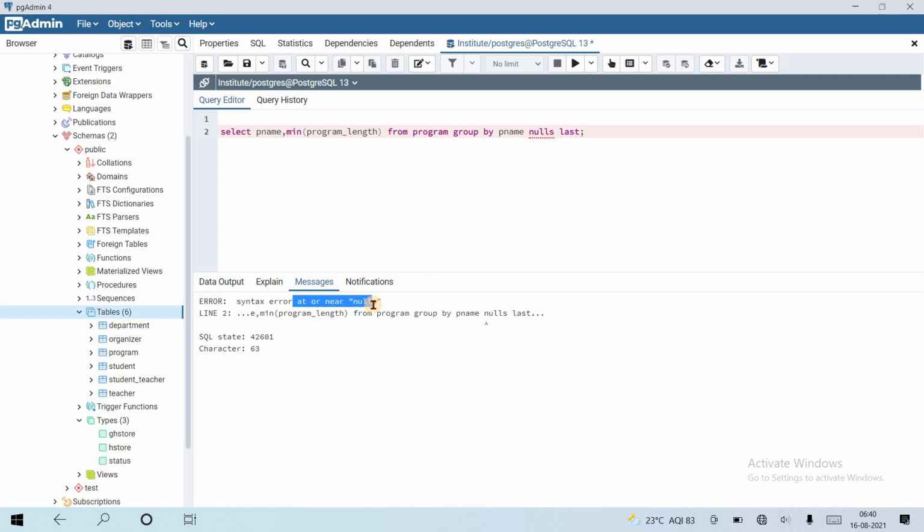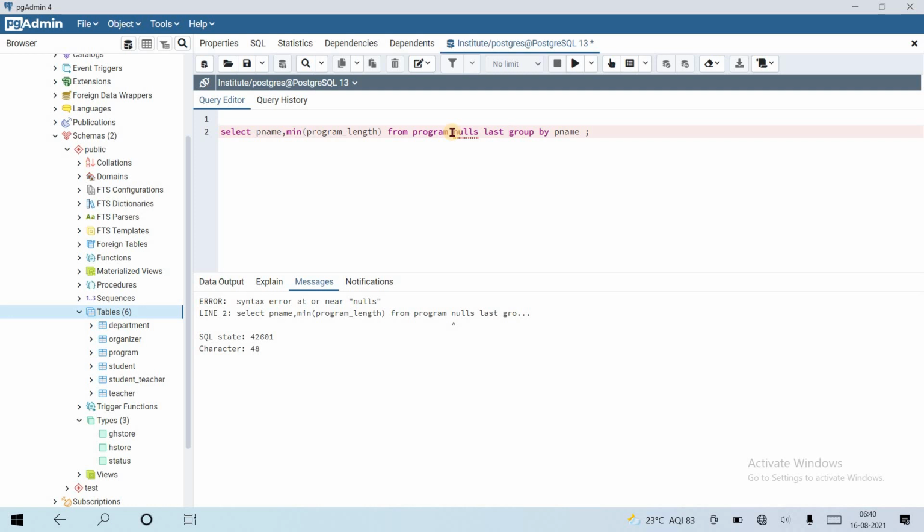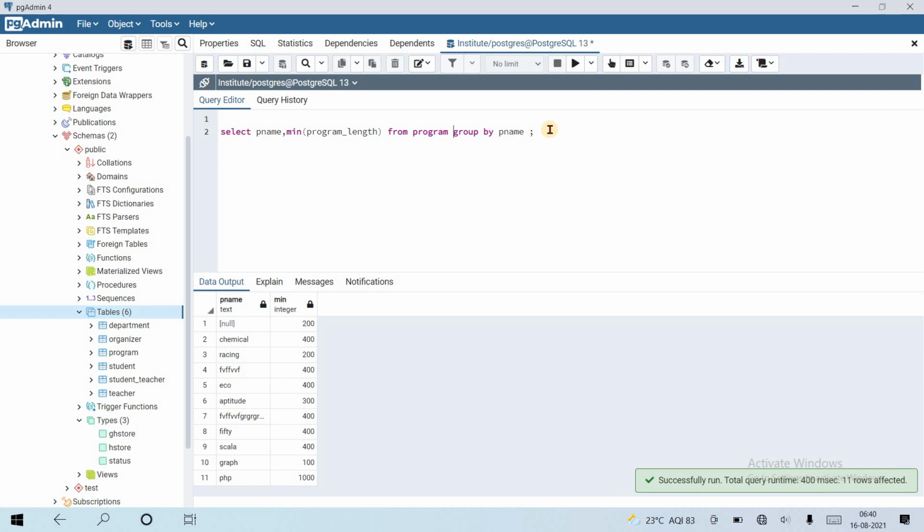SQL syntax error at or near nulls. Minimum program length from program group by p name nulls last. Okay, copy this and paste before group by. Let's see what the result is. No. Then why is it not fetching values?